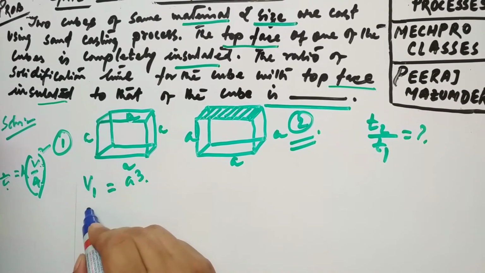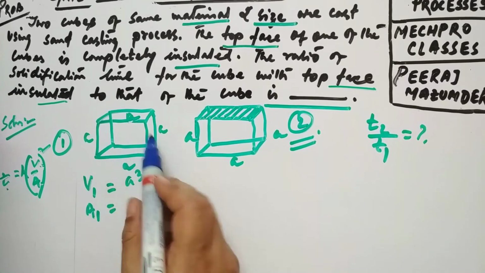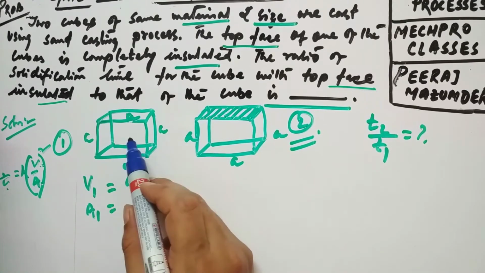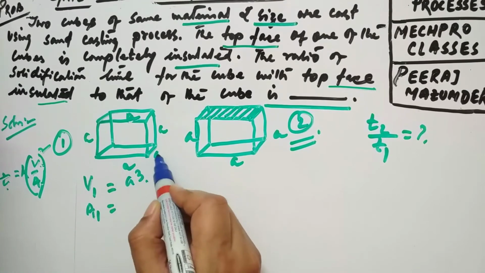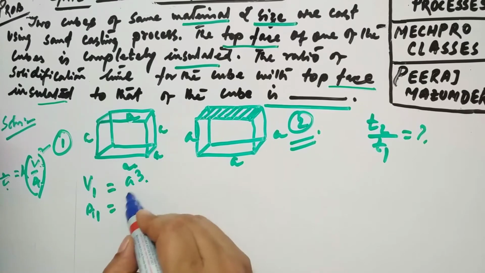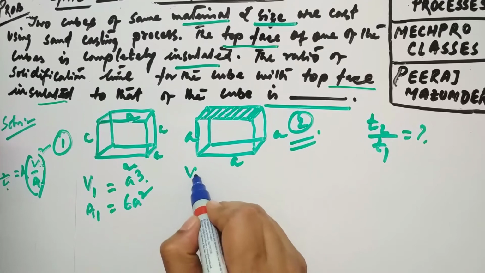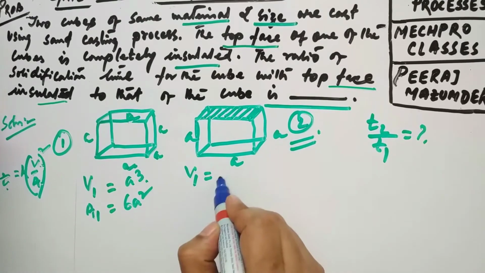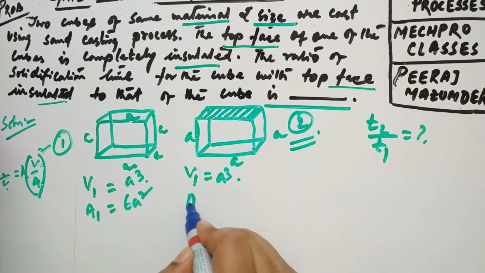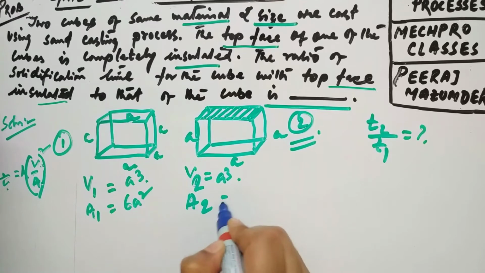Now for A1, that is the surface area. Surface area you already know, 6 sides, and for each side you are having A square. For 6 sides you are having 6A square. Simple. Now for this one, V2 will be remaining same, A cube. Now for surface area,